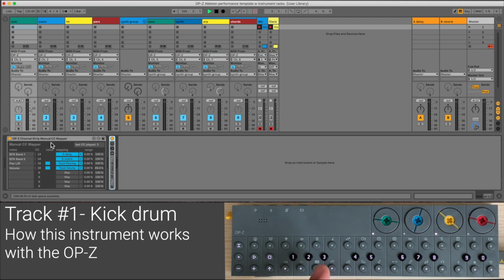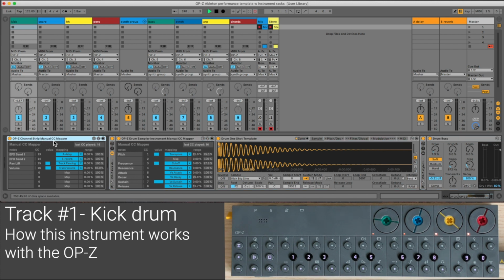Now the only thing that doesn't work are the effects send 1 and 2, which are on this sort of yellow page of parameters, the pan left and right, and then the volume. So these are mapped out to the channel specific sends in Ableton. And for whatever reason, Ableton does not allow you to save those MIDI CC settings and drag and drop this into other sessions and have it remember these mappings. So you may have to manually,